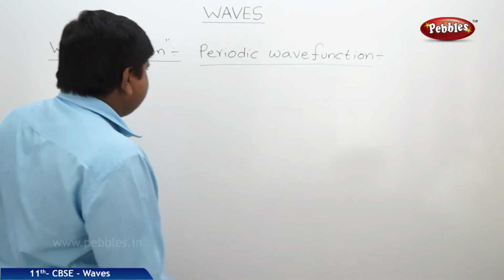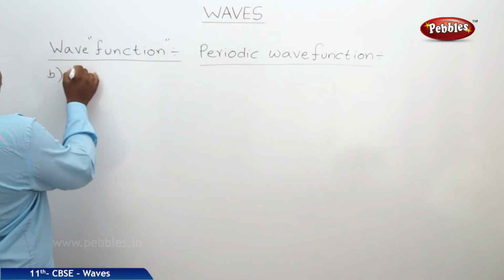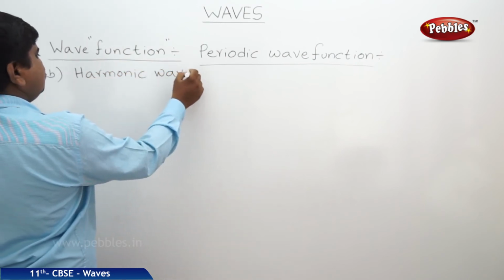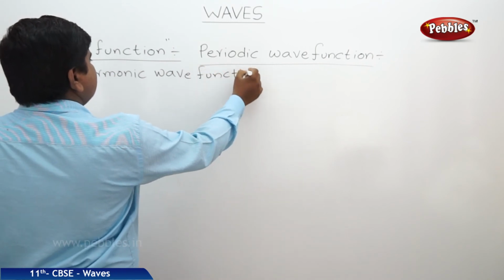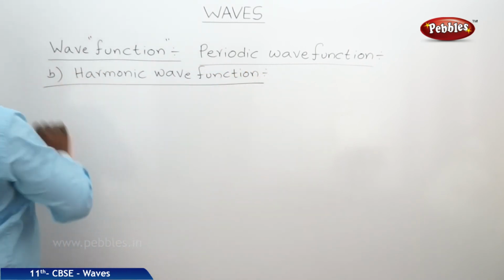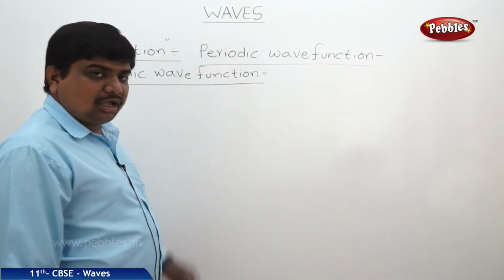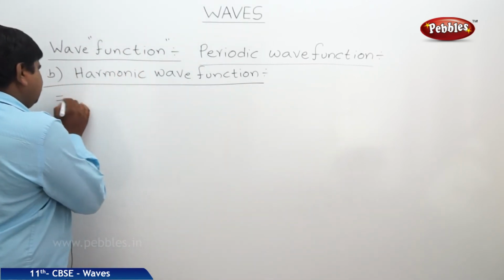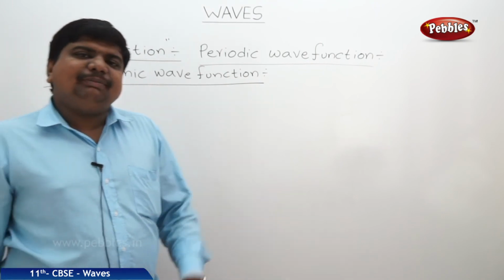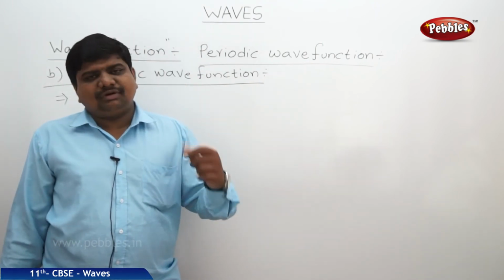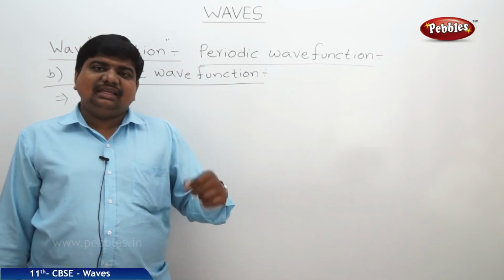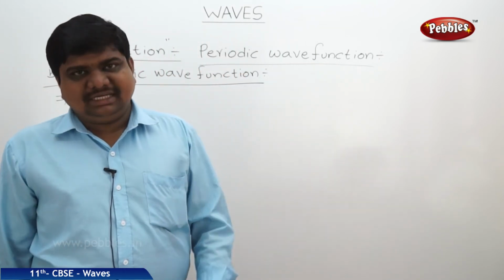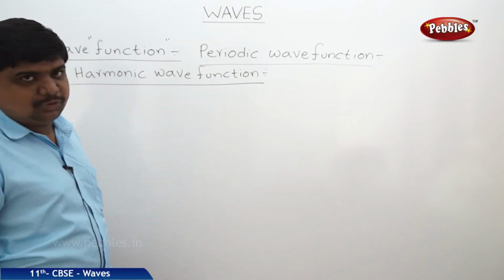The other classification in this case is the harmonic wave function. All periodic motions are harmonic, but all harmonic motions are not periodic. So in this case what we can understand is, harmonicity means if a particle is vibrating to and fro from a mean position, all particles are in connectivity with each other, meaning no particle is out of phase when the body is vibrating. Such a type of motion is called harmonic motion.